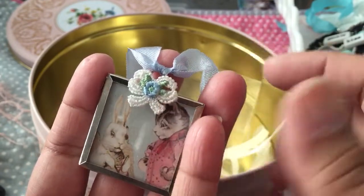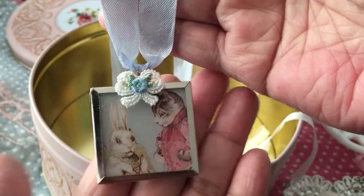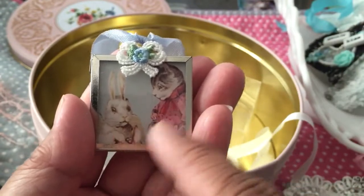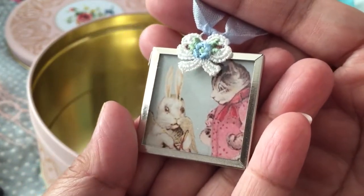I don't know where I got this one from. And then again, some seam binding. I'm not sure if I'll add to it, but I thought it would be really cute with that bow. But I don't want to add too much to cover the image up. So that is the